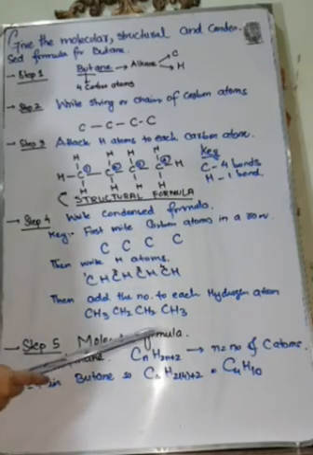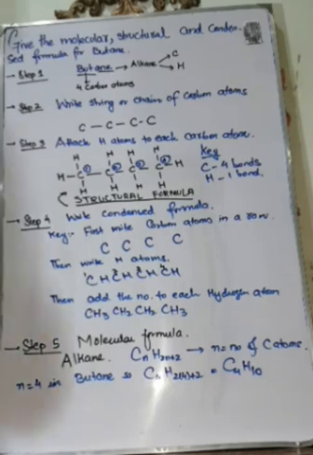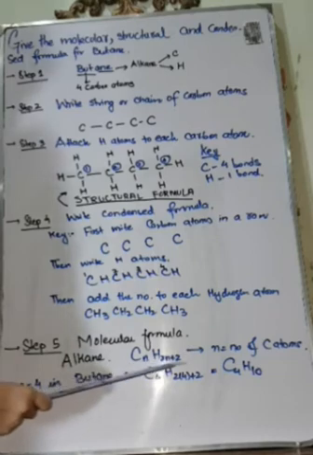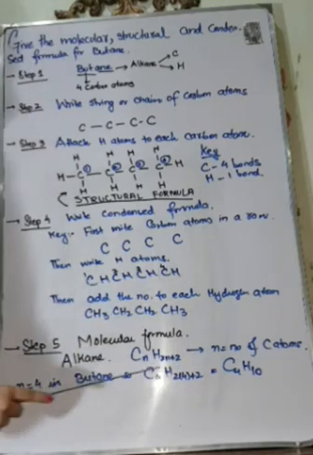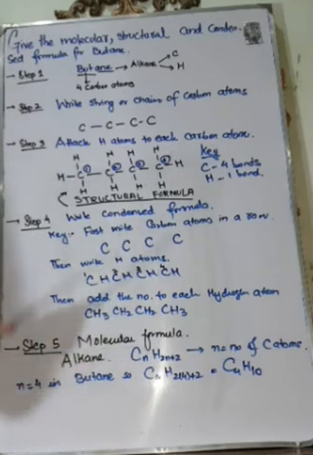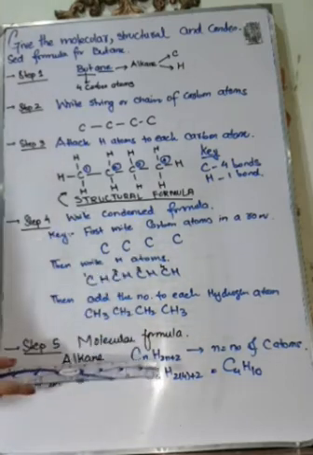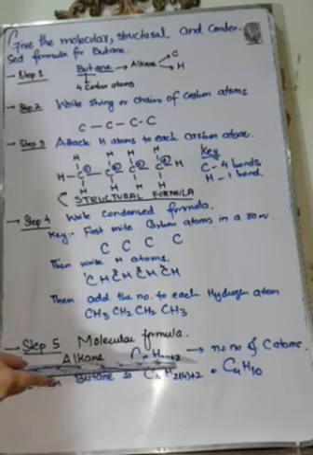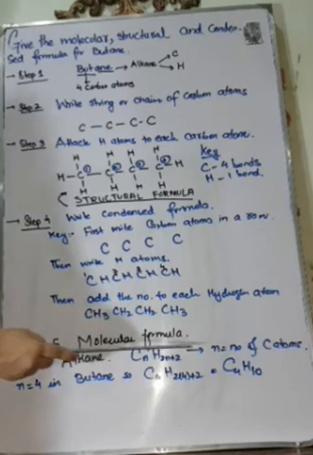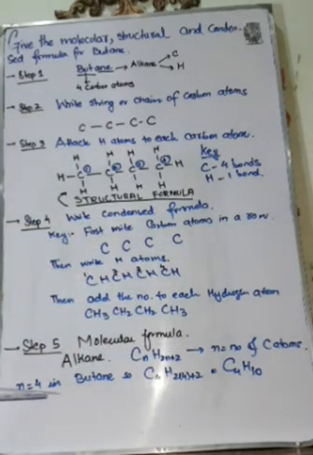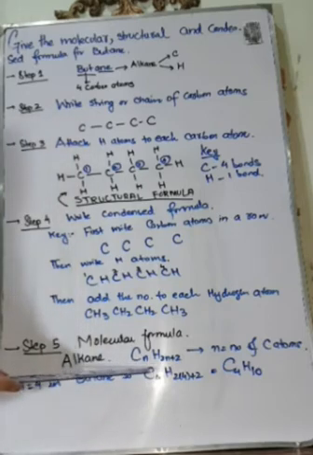Now we have to derive the molecular formula for this compound as well. For all the alkanes, we have the formula CnH2n+2. Now with the help of this formula, if we know the number of carbon atoms, then we can easily calculate the number of hydrogen atoms present in that molecule. In CnH2n+2, n denotes the number of carbon atoms. Now, n is equal to 4 in butane. We know that butane contains 4 carbon atoms, so the number of carbon atoms in this compound is 4.